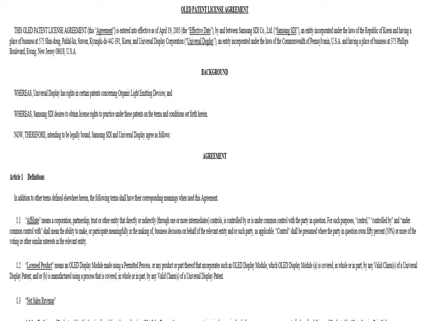So note, as we talk about the licensed products, we're defining a particular set of products here in light of the patents that are going to be triggered, right? It's a product that's covered in whole or in part by a valid claim, or a manufacturing process that is claimed is used to make the product. So we're trying to talk about what the licensed products are, and we get this kind of awkward definition as to what they are. Again, we'll see more in a moment.